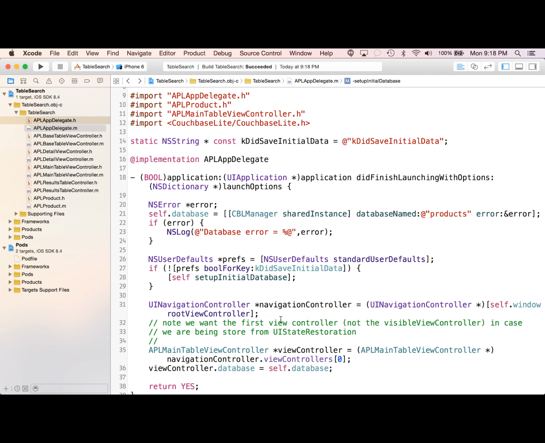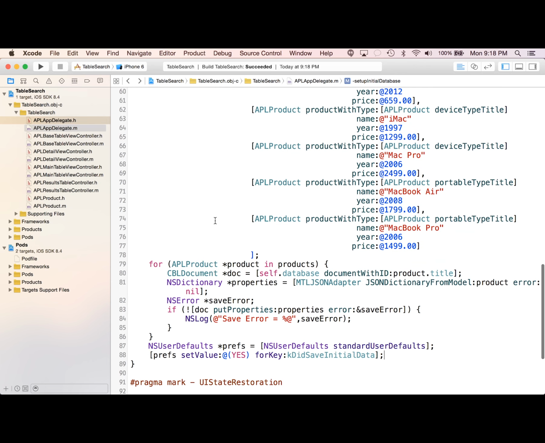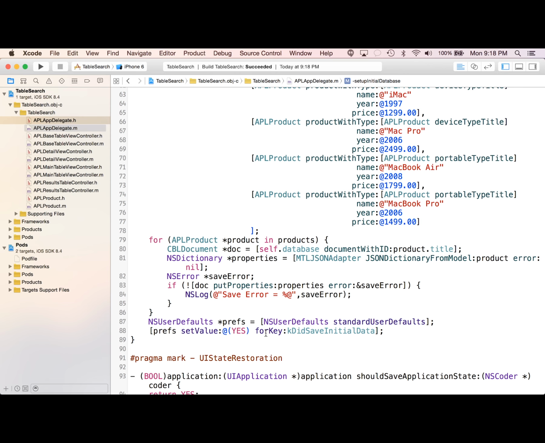One thing I want to show real quick, which I just added off camera, was the idea that I'm going to check to see if I've set up the data before. If not, I'll set up the data. When I'm done setting up the data, I'll set the value so that I will only do this on the first time I launch. So now that we've created our database, we've updated our model, and we've saved our data,